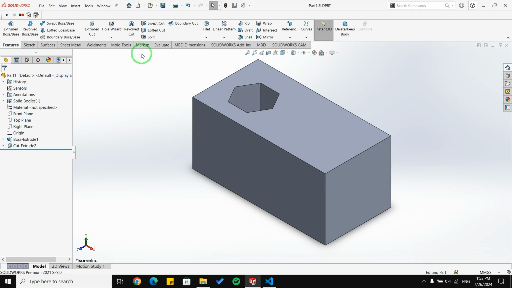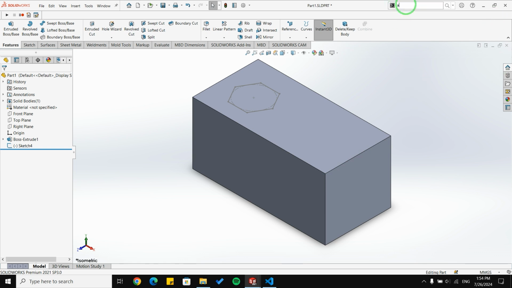Okay, let's talk about revolve cut. We covered extrude cut, so now we should cover revolve cut. Let me delete the cut extrude too. To be able to use revolve cut in scripting, we need to have an axis, as we talked about in the revolve video, how to create and edit a revolve. So first I'm going to create an axis, but I'm going to do it manually because we talked about it in the previous videos. You can see it up here.